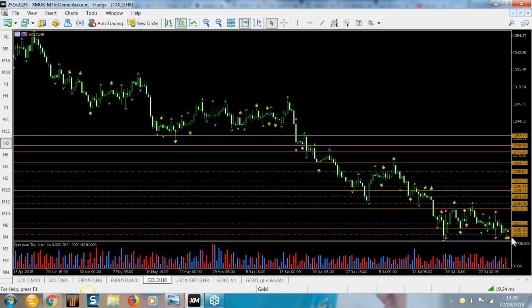So therefore we're in a congestion. Now, is it an accumulation phase where possibly we are going to see a reversal in trend? Certainly gold bugs, every time it comes anywhere near 1200 or thereabouts, buyers will always step into the gold market. But from a chart perspective and a structure perspective, we are clearly in